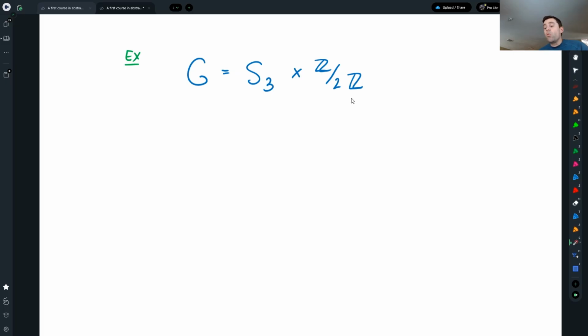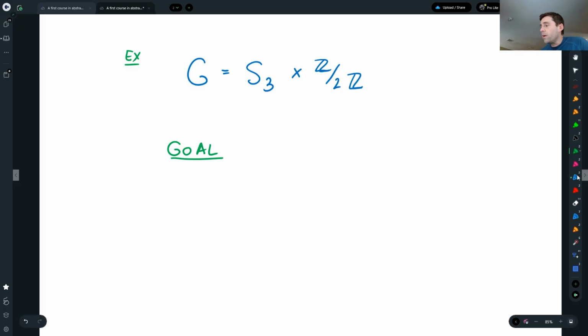And second, when a new group comes up that is complicated to study, by realizing it, if it is possible, as a direct product, then we understand a lot more about this group because we understand S3, we understand Z modulo 2, and we understand how a direct product works. So we want to try to realize when,